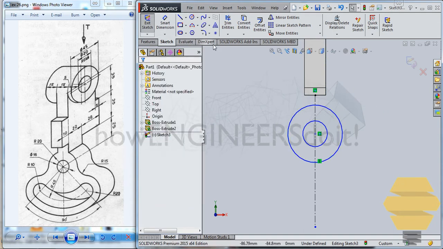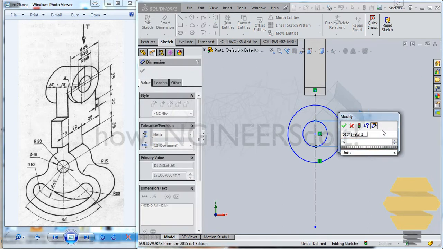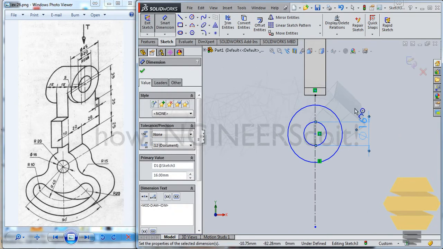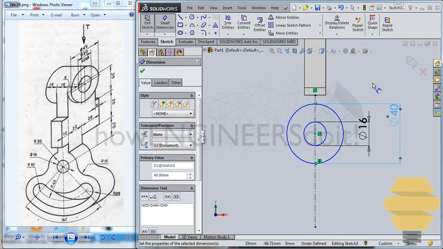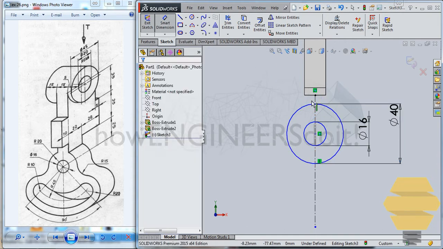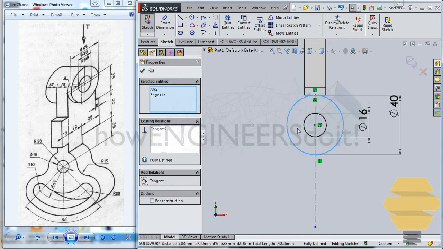and now you can just dimension that circle here. That's diameter 16, so you can give 16 here, and for this it's radius 20, so you can give 40. Good. Now you can do a tangent for this and this. Alright,